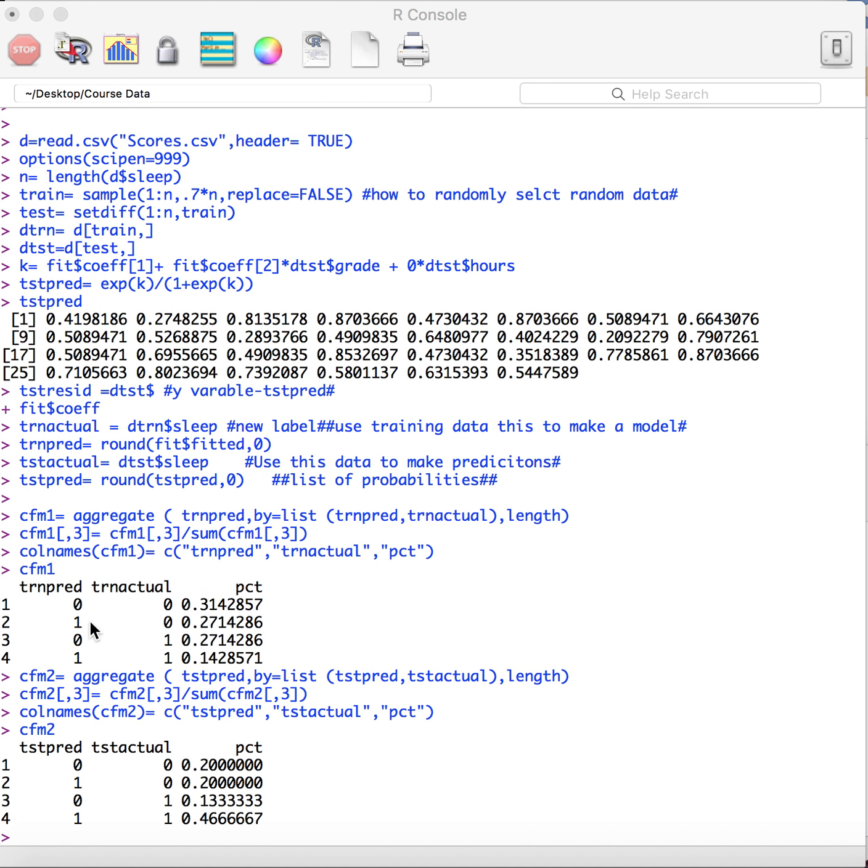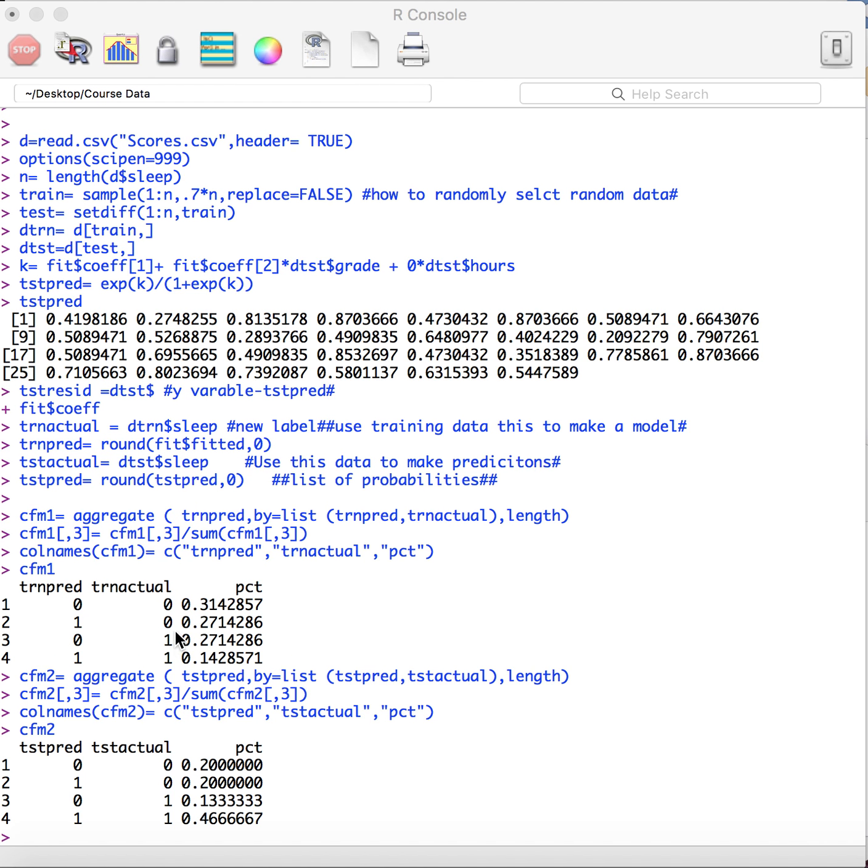Line 2, it's showing us when we predict something is going to occur, so that's a 1, and it doesn't actually occur, which is a 0. This occurs about 27.1% of the time. In line 3, we have 0, so it's predicting that something's not going to occur, but